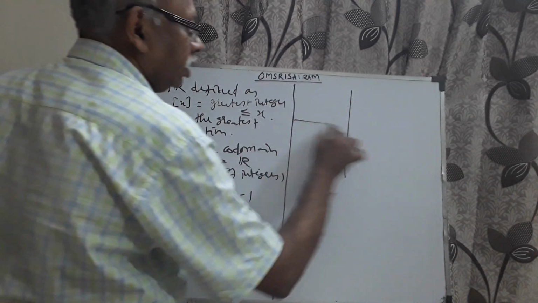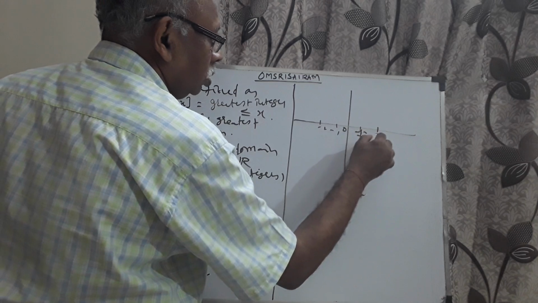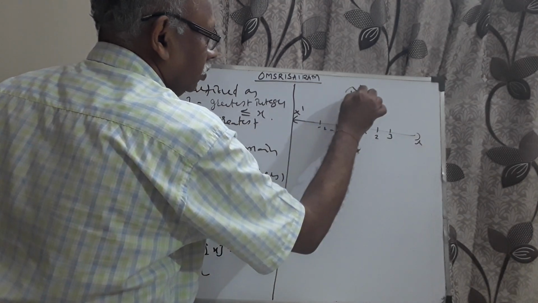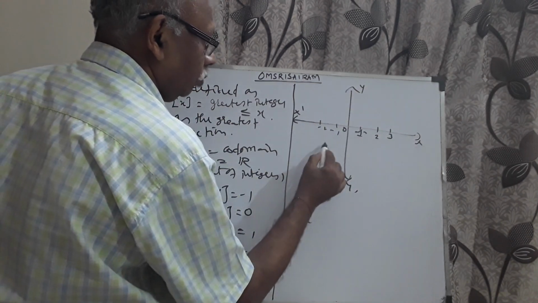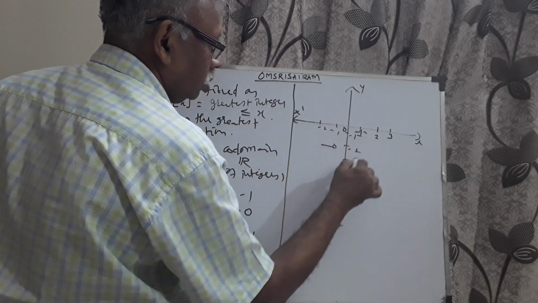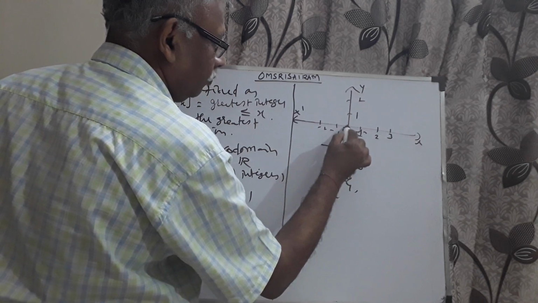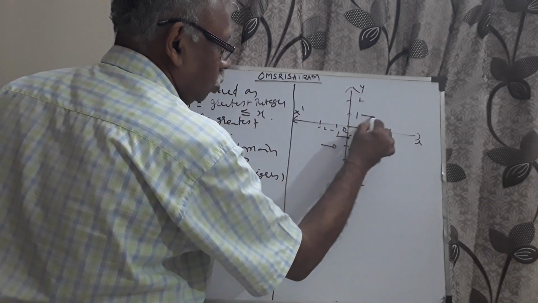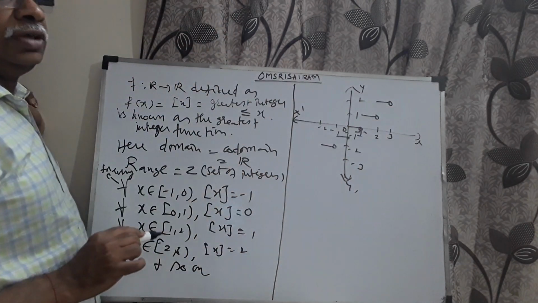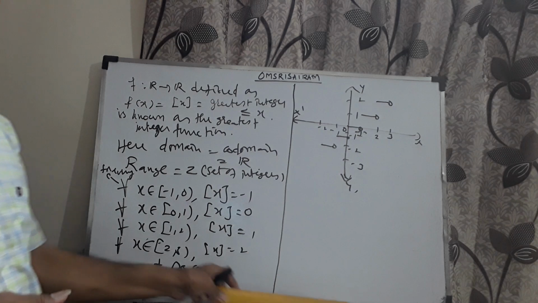The graph will go like this. See here, I will mark -1, -2, of course 1, this is 0, this is anyway 2, 3, etc. This is my x-axis, x dash OX, this is my y-axis, Y O Y dash. For the image from -2 to -1 it is -2, then -1, -2, -3, and so on. This is 1, 2, etc. But for -1 it is -1, but for 0 it goes up, but for 1 it goes up, 1 to 2, but for 2 it goes up, and so on. It looks like steps what we take for moving up in an apartment, let us imagine. Therefore it's also called